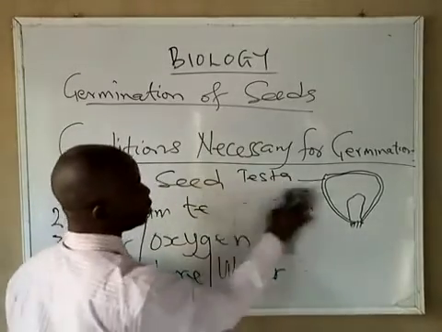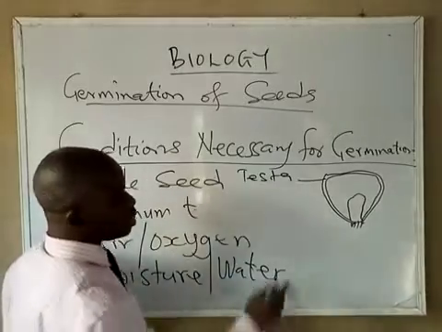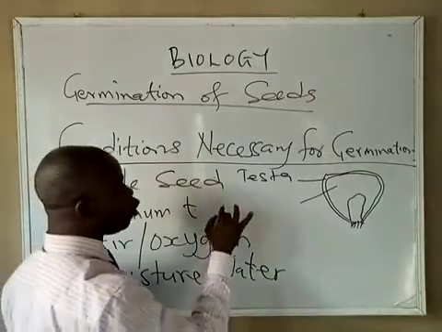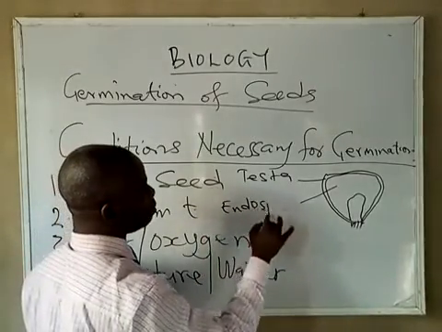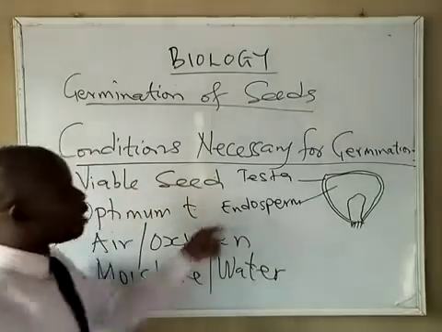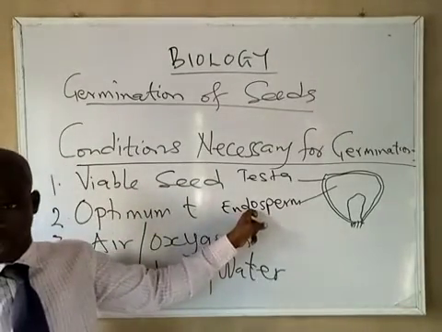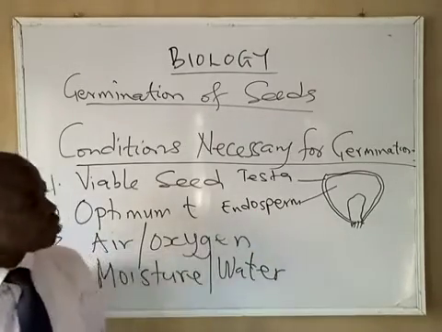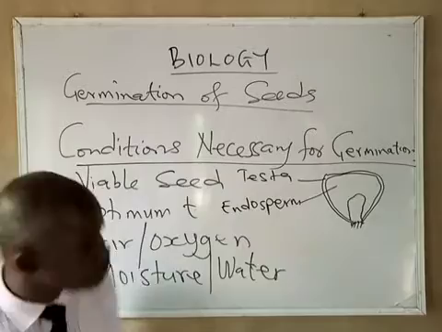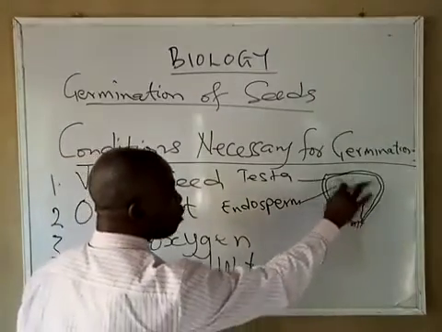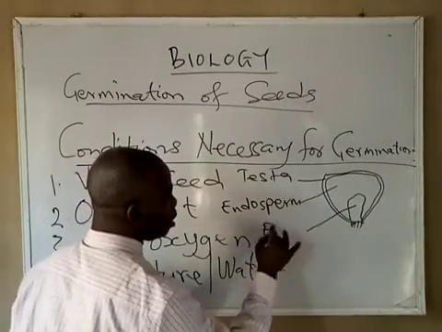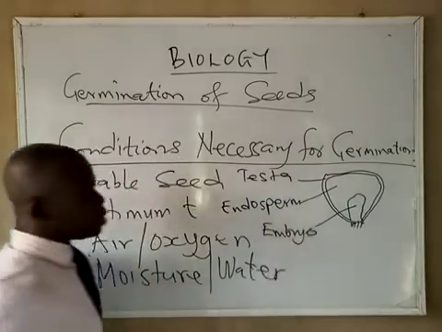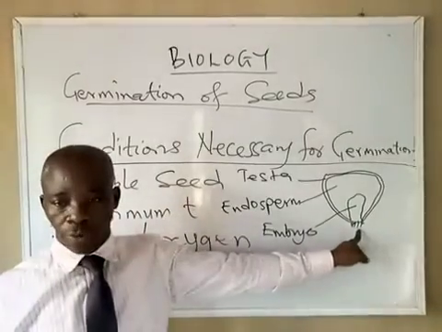And this being our cotyledon, which is also called the endosperm, where food is stored in the fruit or in the seed. It is actually endosperm, or we call it generally cotyledon. Now, when you move from the cotyledon, you see the embryo. Now, this is the point of attachment of the